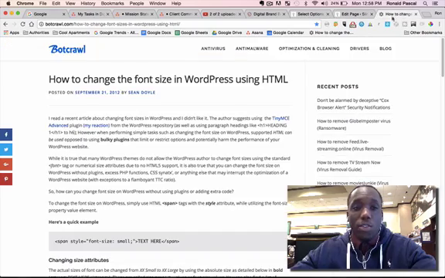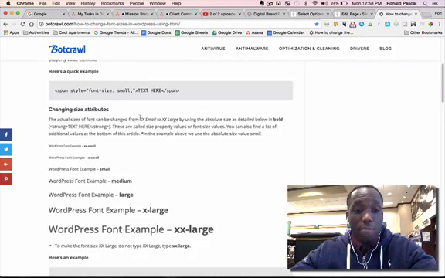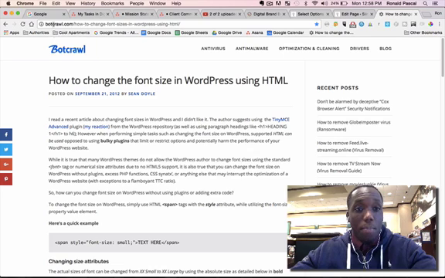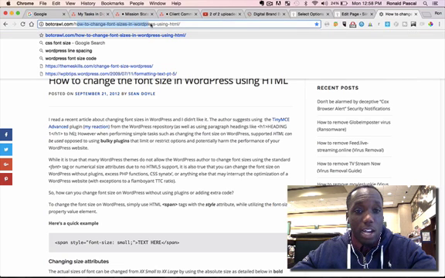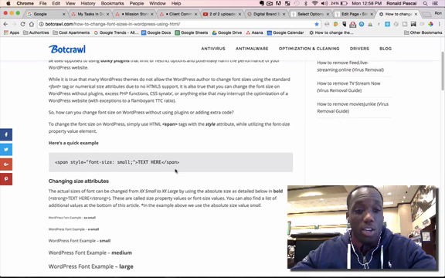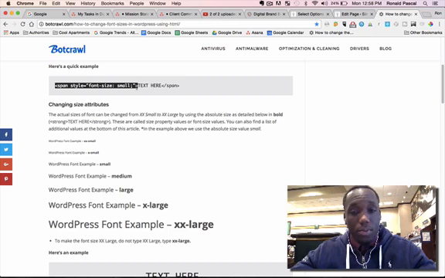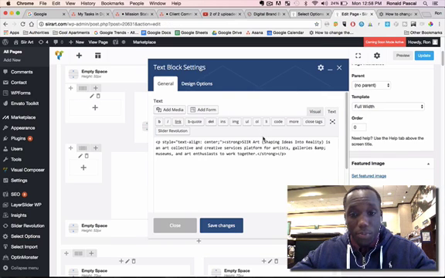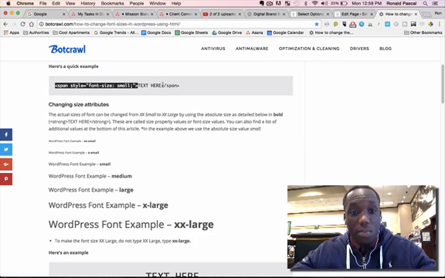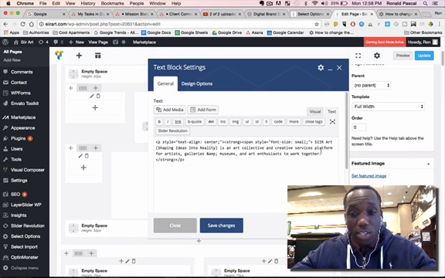So here's a link to an article that shows all the different sizes, okay? So it's on botcrawl.com, how to change font sizes in WordPress using HTML. And you'll see here that they have, this is the code that you can just copy. So I'm going to copy this code here. And remember, on the other side, there's the text in the middle, then there's the closing tag. So there's an open tag, there's a code, there's the text, and there's a closing tag. So I'm going to put the closing tag at the end, and I'm going to change this because you can